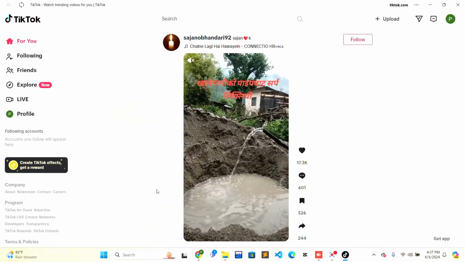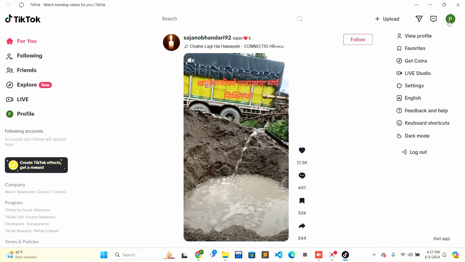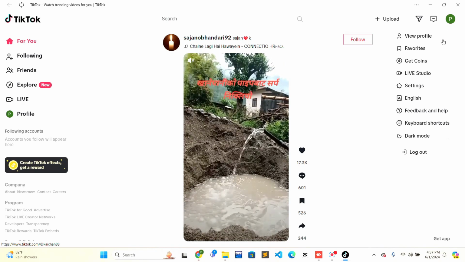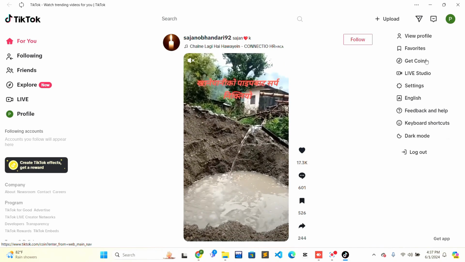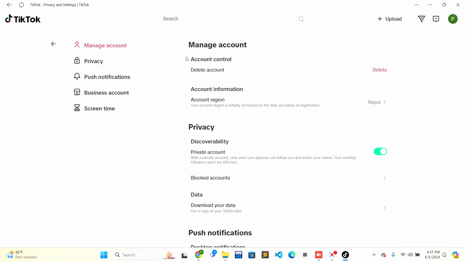Now you have to look at the top right corner. There is a circular icon. You just have to click on that circular icon and a pop-up box will be opened. And inside the pop-up box in the middle there is a settings option. Just click on the settings option, and when you are on the settings option and manage account section, you just